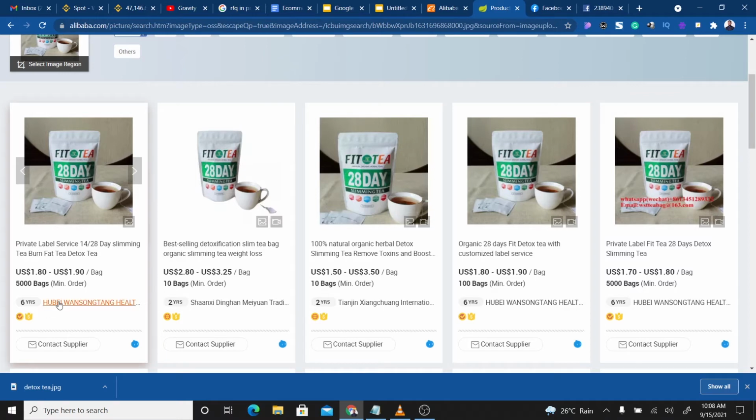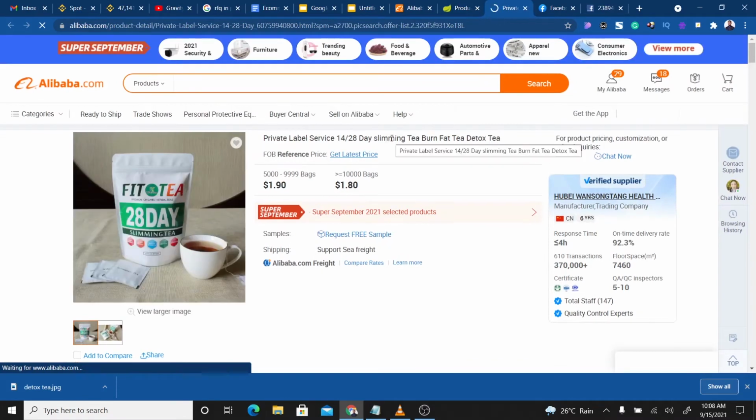Then another thing you have to consider is what we call trade assurance. All right. Okay. So for example, let's use this company as an example. So once I opened